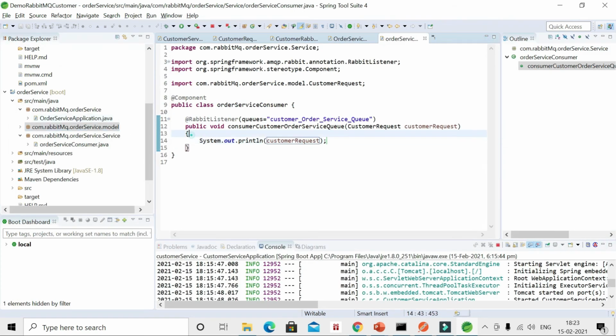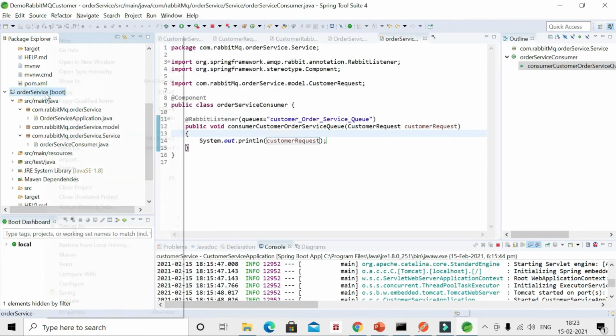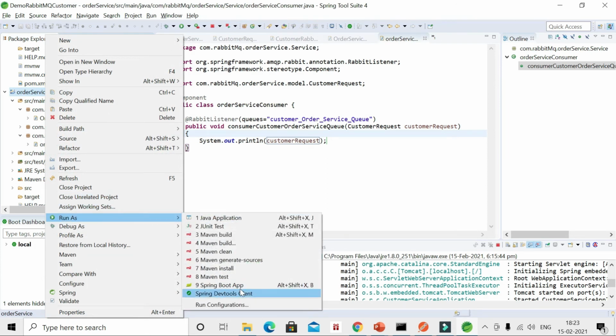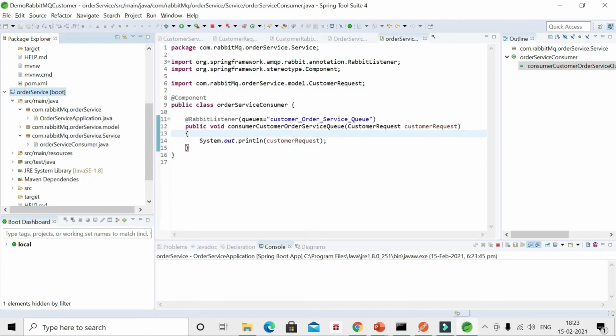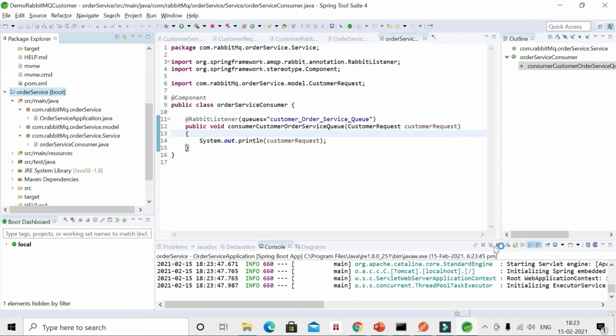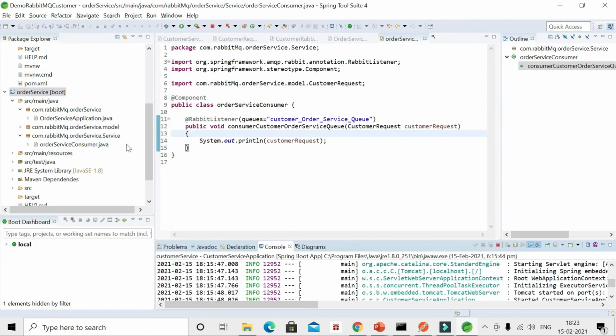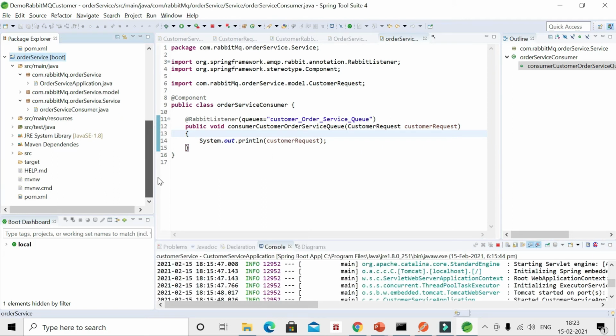So let me run this one also. Run as Spring Boot app. Oh, sorry, it will not run because this port is already in use, right? So let me change the port.